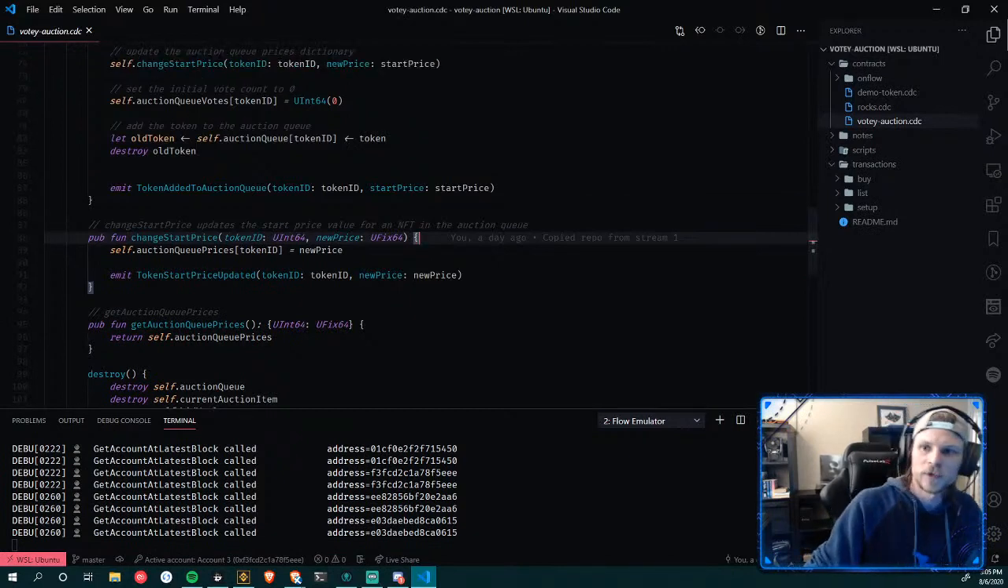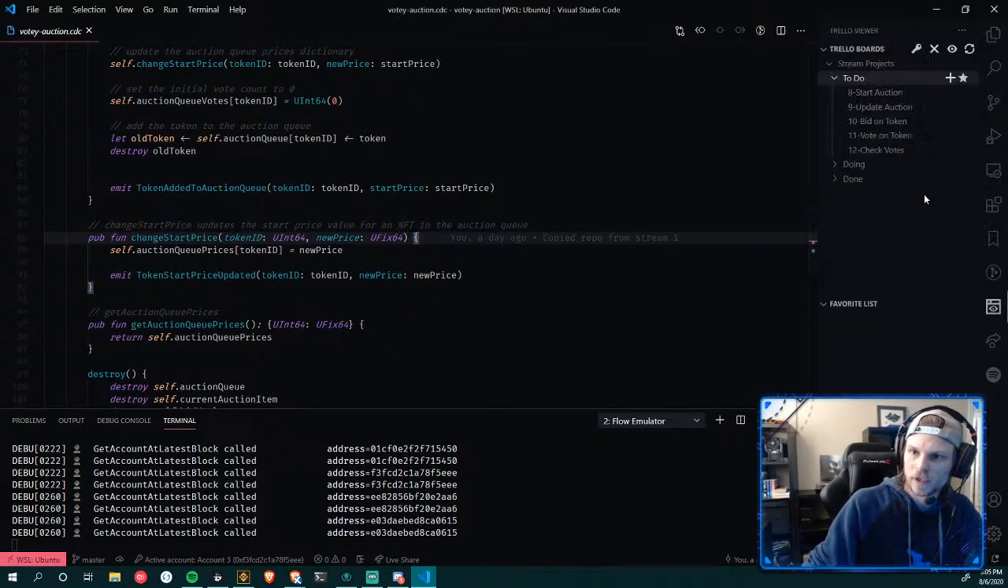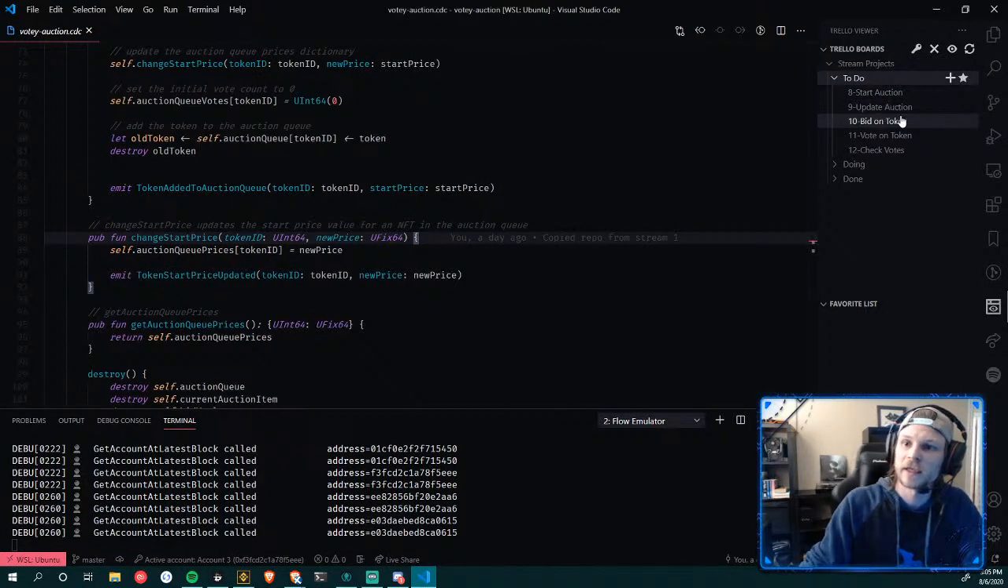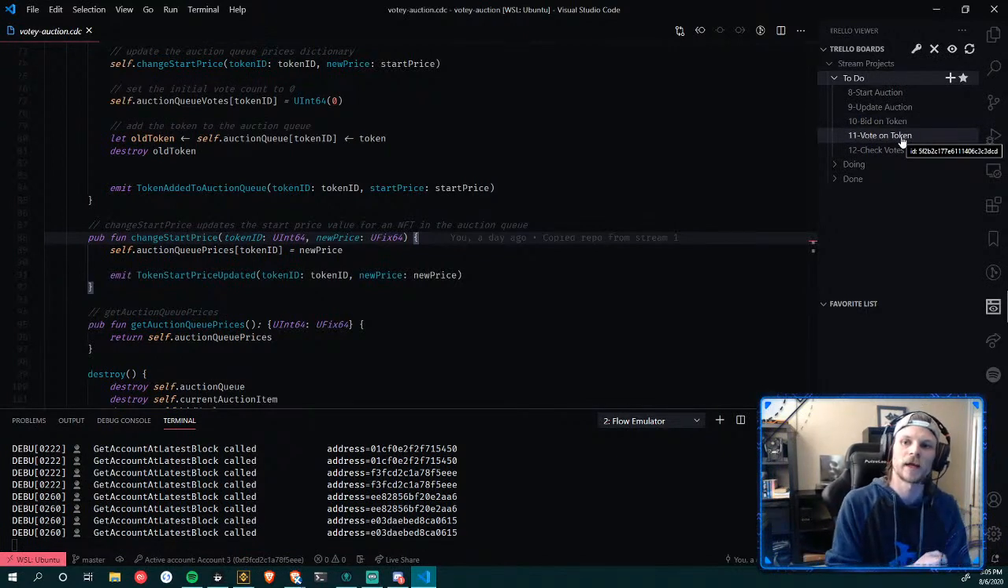So to get started today, I tried to get a little bit ahead of the game and organize a bit of a to-do list. So we're going to put some methods in to start and update the auction. I would really like to get us ready to bid and vote on the tokens, so that actually would require building a new resource for our